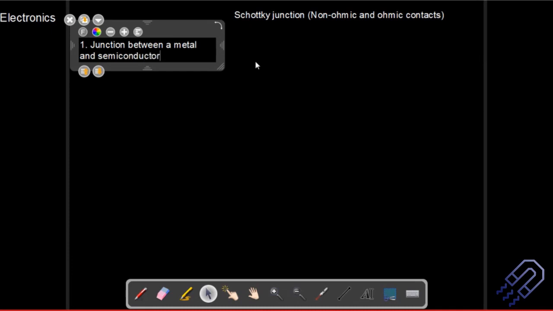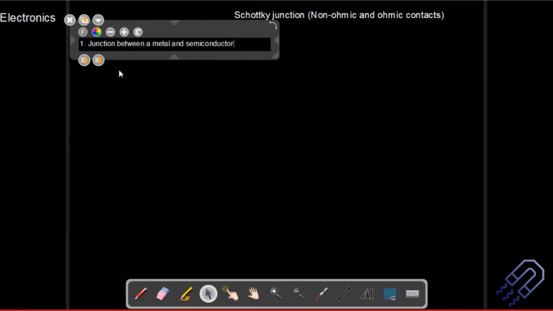Whenever you are designing any kind of semiconductor device and you want to extract a signal from that semiconductor, you can't just take a normal wire, connect it to the end, and expect to get some kind of signal. That's not possible. Even normal wiring demands a lot of things. For example, you have to do soldering so that the connections are proper. So it's very important that we make those connections, and a junction between a metal and a semiconductor is really called the Schottky junction. Please remember this.